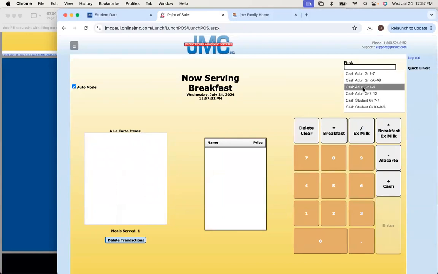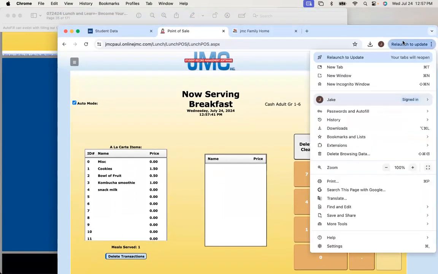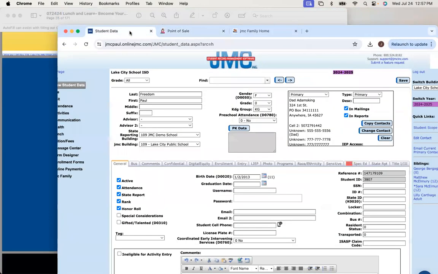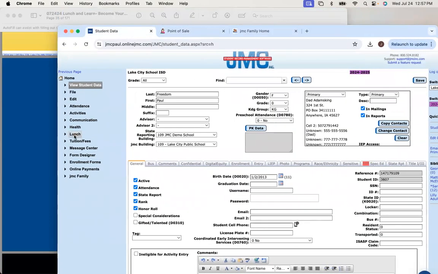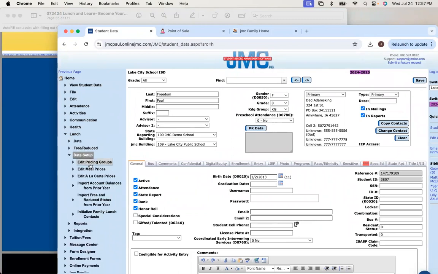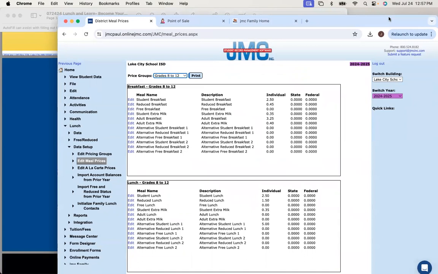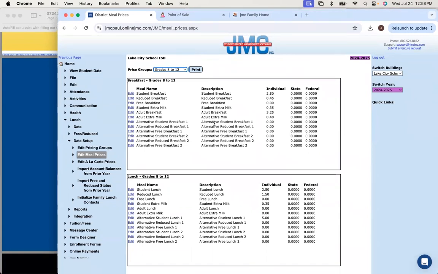So cash transactions. You were talking about extra meals with cash transactions earlier, so I want to capture that. Let's go back into the lunch program, data setup, edit meal prices. Is there a cash one? It's a different spot. You go a little bit, data setup. There's a cash one, but